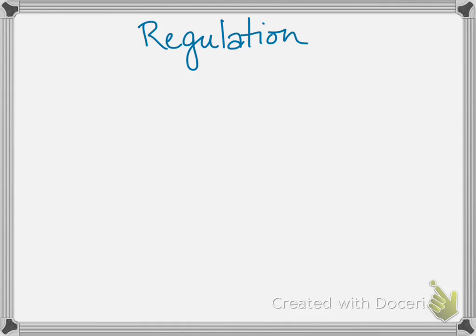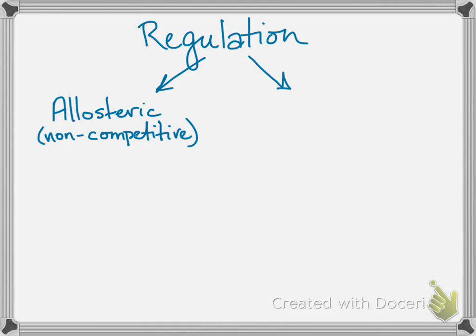So when you're looking at enzyme regulation, there are two major types of enzyme regulation. You've got allosteric regulation and competitive regulation. And that is all based on where the molecule that is regulating binds to the enzyme. It's either going to bind into the active site and block that active site, that makes it a competitive regulator,